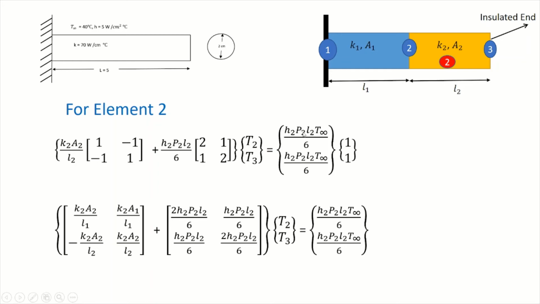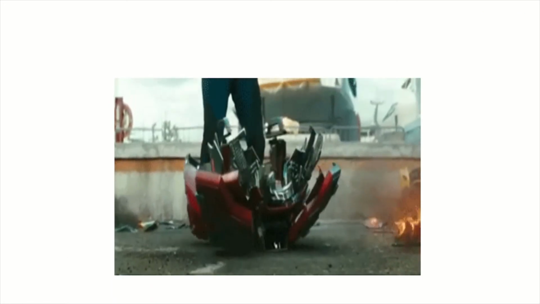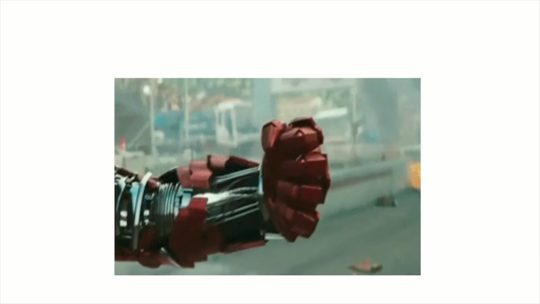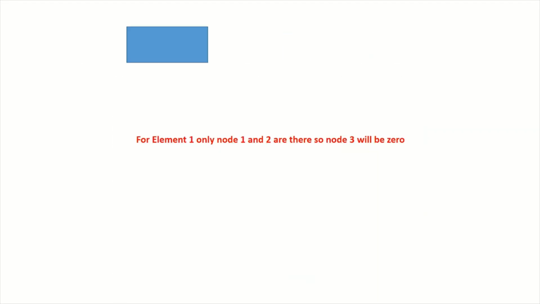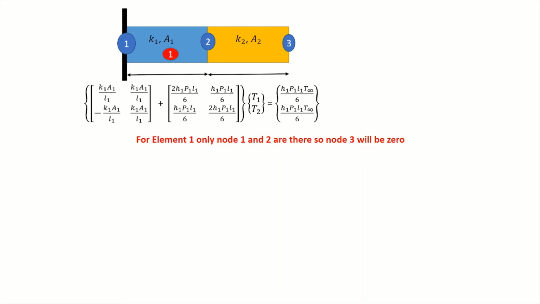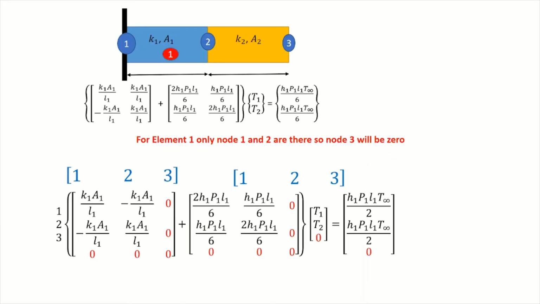Now, all the matrix is the same. This is the conduction process matrix. This is the convection process matrix. Everything is the same now. Only from K1 to K2 we have changed, and the rest are all the same as explained. Got it? Now we will go for assembly of the matrix. Let's see. Yeah, we will assemble the matrix.